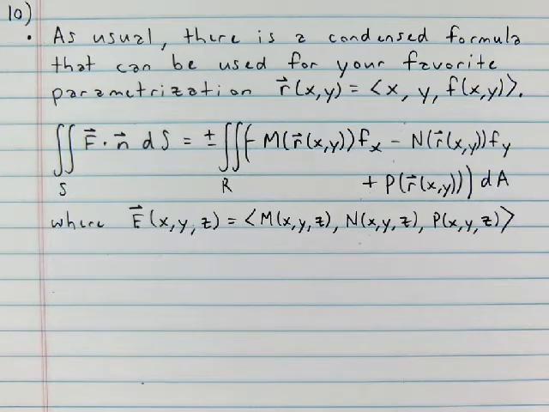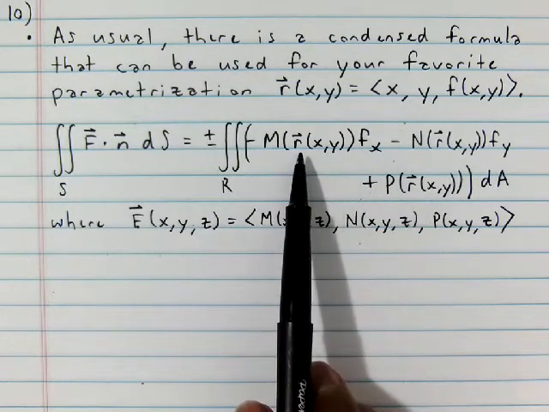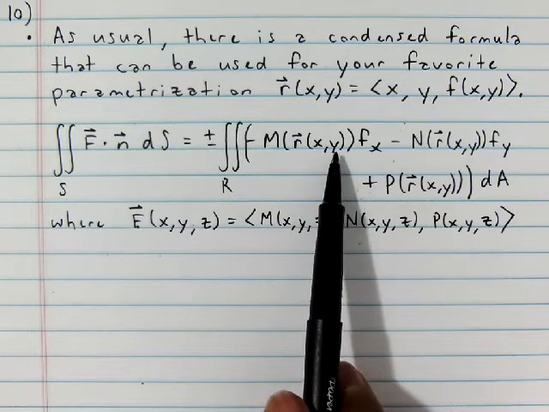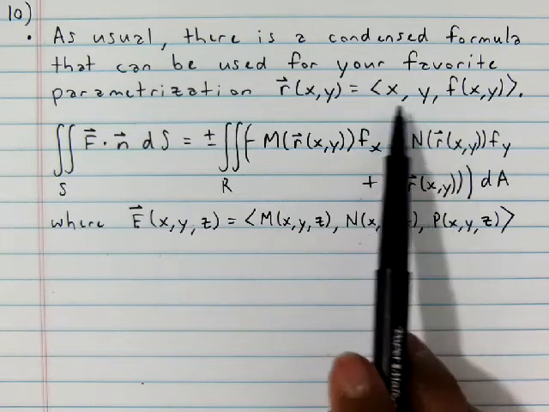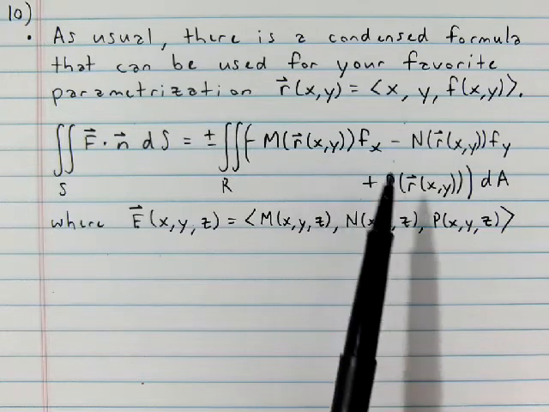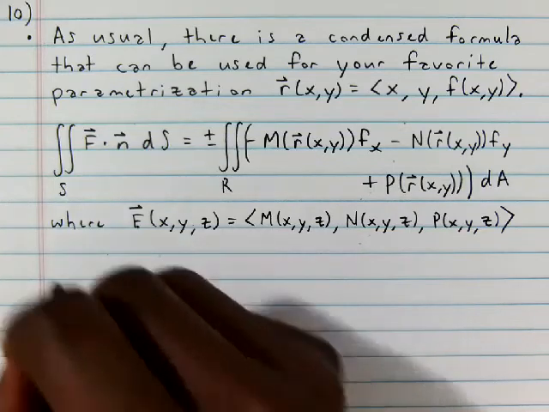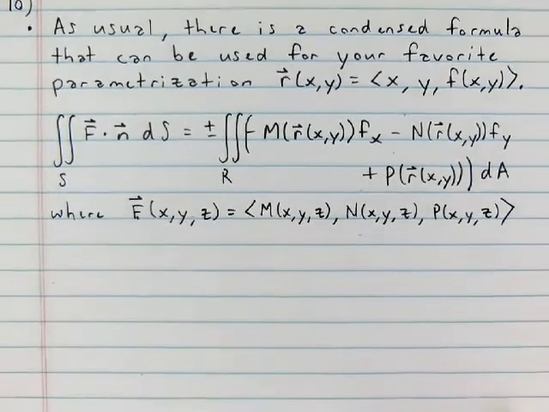So the textbook doesn't use this notation. They actually write out your parameterization in there. So they just write out x, comma, y, comma, f of x, y in there instead of r of x, y. But another probably even easier notation is we could just also write,